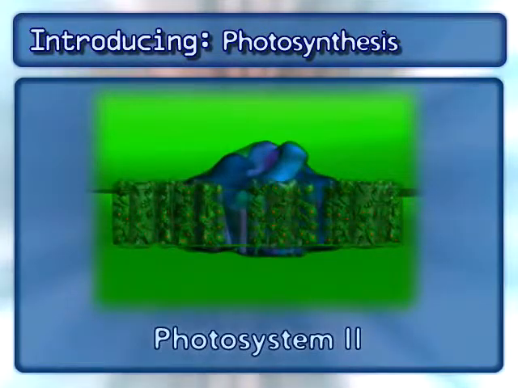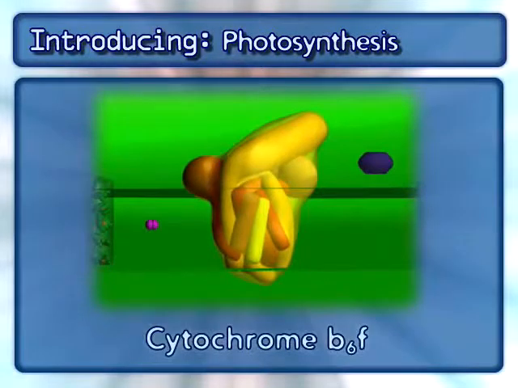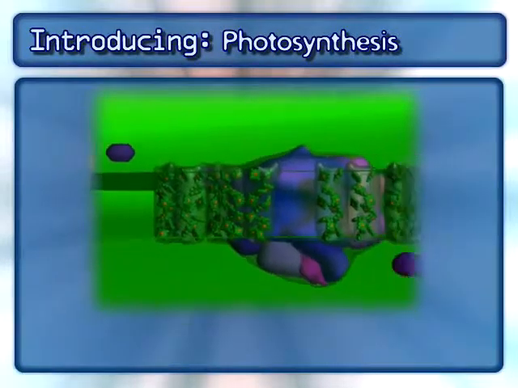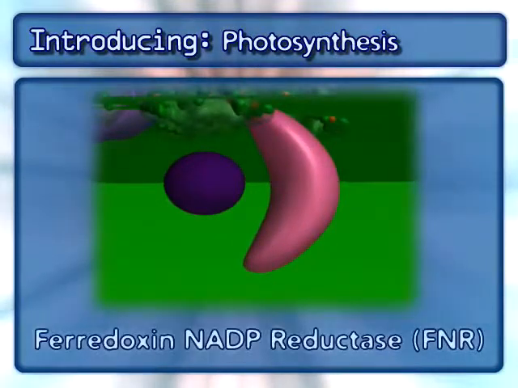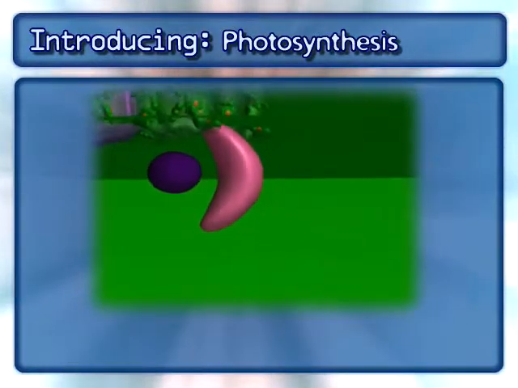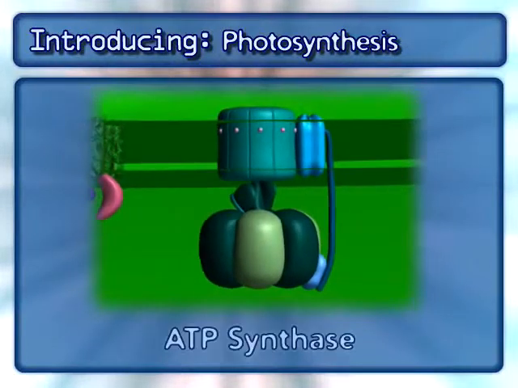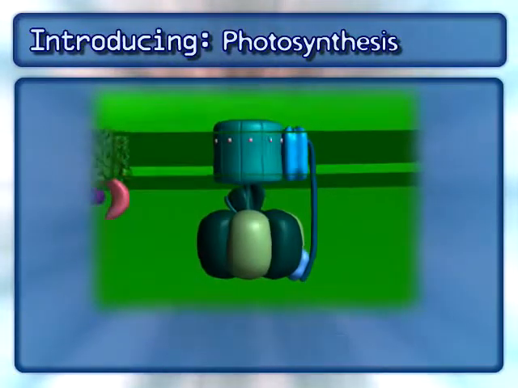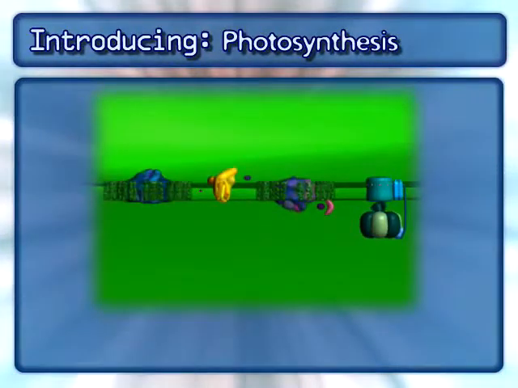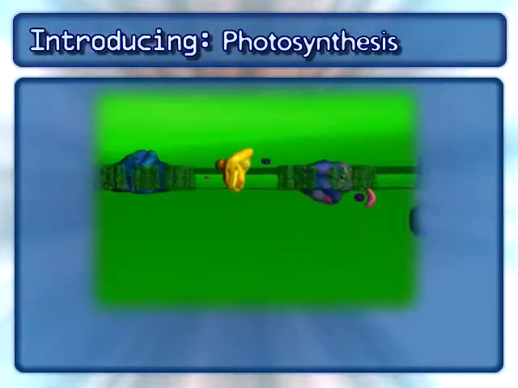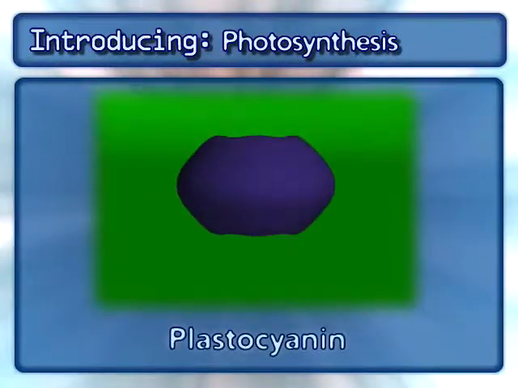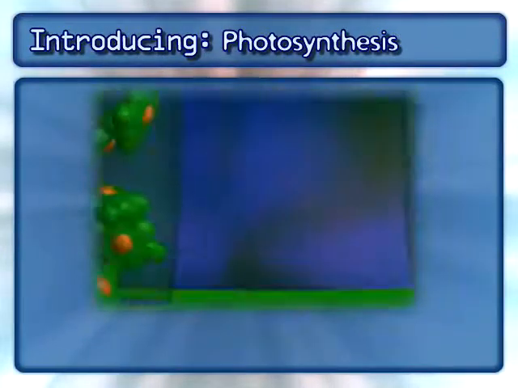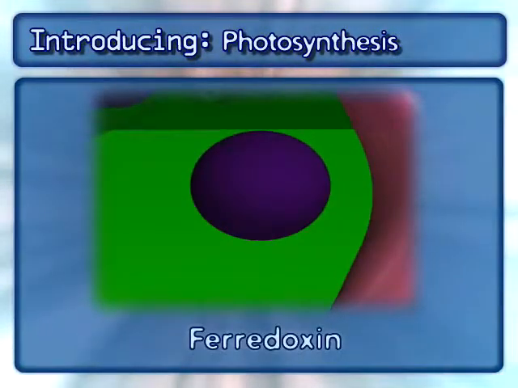Photosystem II, cytochrome b6f, photosystem I, ferredoxin NADP reductase, and the complex that makes ATP, ATP synthase. In addition to the complexes, 3 mobile carriers are also involved: plastoquinone QB, plastocyanin, and ferredoxin. Other key components include photons,